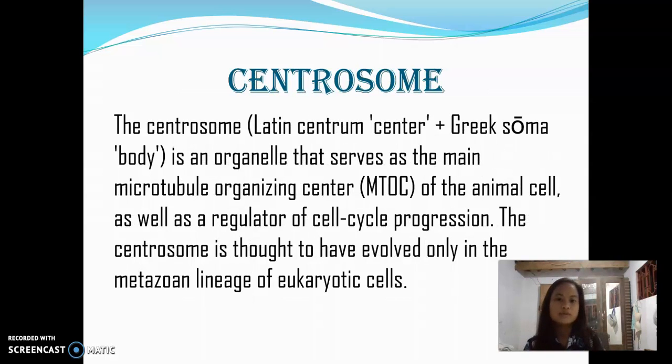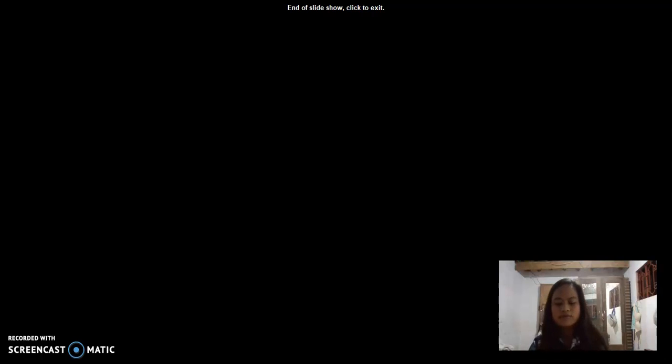Centrosome. The word centrosome came from a Latin word, centrum, or center, and a Greek word, soma, or body. It is an organelle that serves as the main microtubule organizing center of the animal cell, as well as a regulator of cell cycle progression. The centrosome is thought to have evolved in the metazoan lineage of eukaryotic cells. So that's the end of our